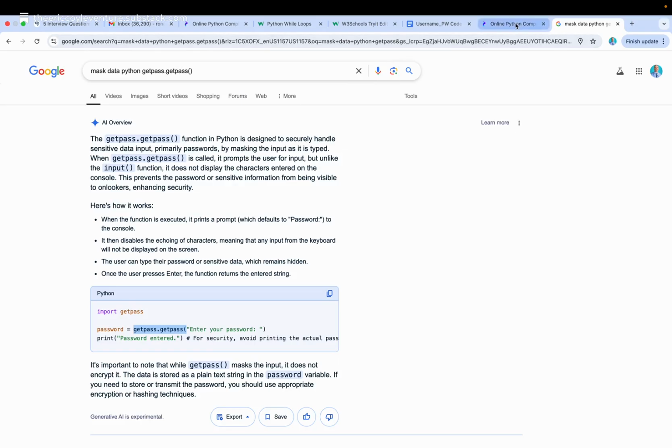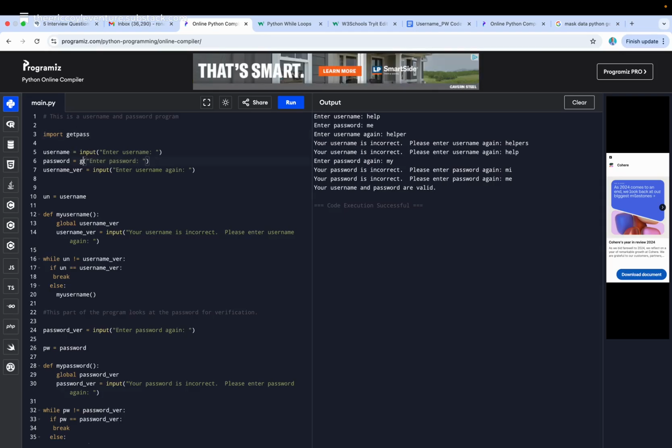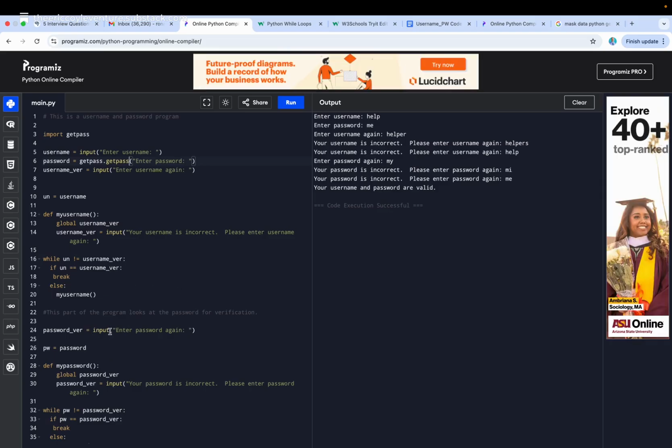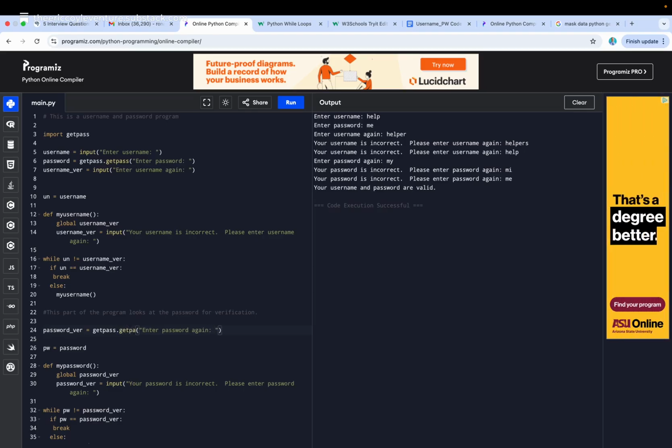Okay. I'm going to keep this one super simple. I'm just going to do it for password. So it should mask this. It's a little different in Jupyter. I think it masks it after you type it in versus if you're in, say, Jupyter, it just shows asterisks. So I do like this one better. At least it lets us double check it. I do want to do the same thing, getpass. You have to import the library first. That's how this recognizes that you're using that function. And then every time we type that in,